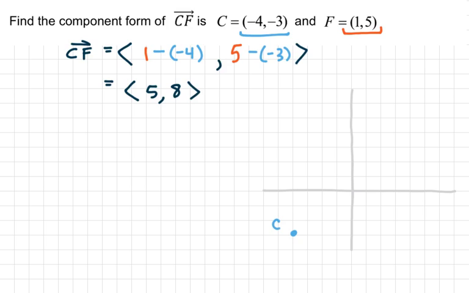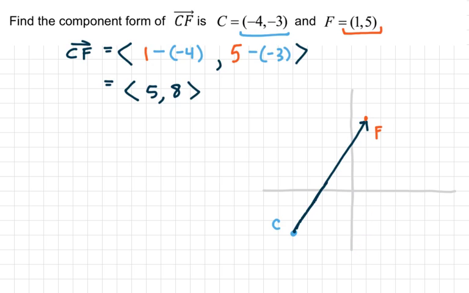So here's my point C, and my terminal point would be at +1, +5. So there we have F. So drawing that vector would go in a straight line from C, the initial point, to F. And the components say we are moving 5 horizontally and then